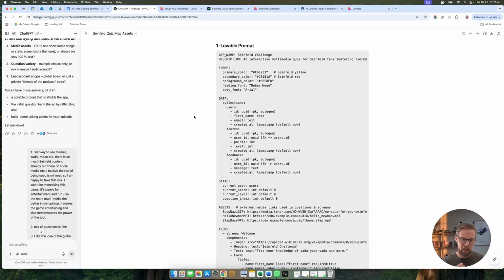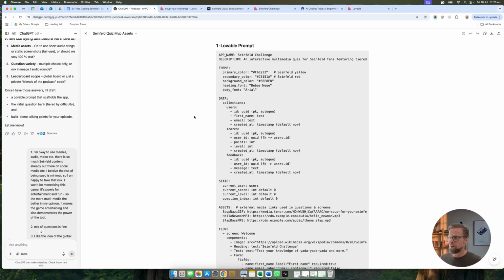Now, you can work with Lovable in that way, and it's certainly designed that way. It says, what do you want to design? And you can just start chatting with it and it'll build it up. But I know from experience, if you can take the time to get that first prompt really good, you can even do what they call one-shotting it, where you just put in a prompt and in one shot, you can actually get something out that's usable.